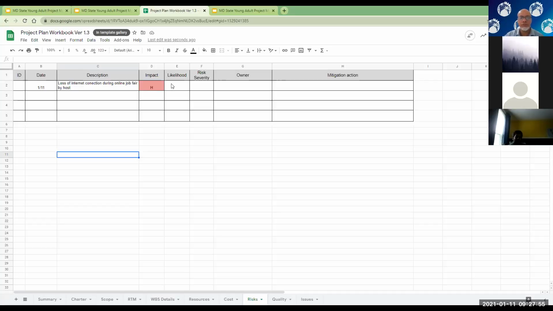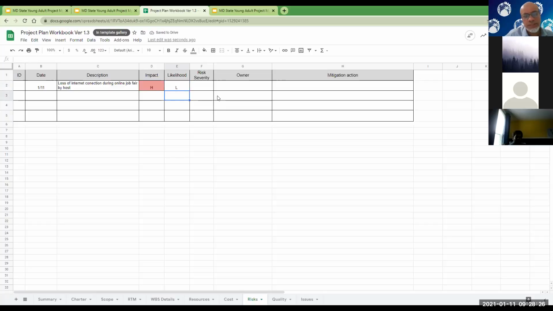Would equal 1 divided by, let's say, if the unit of time here is a day, 1 divided by roughly, let's say 160, right? So that's the percentage. And if you turn it into a percentage, 0.63%. So then the team would have to come up with a rating, which is low. So this is here. If we put L here, that's our qualitative measure. That's our qualitative risk analysis.